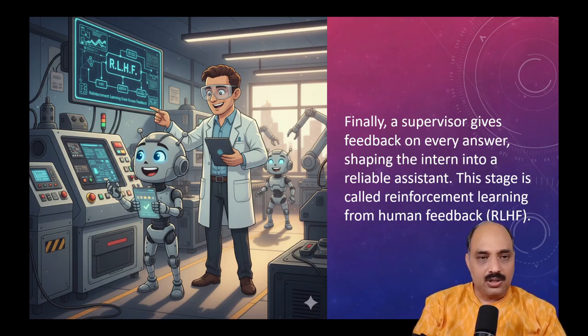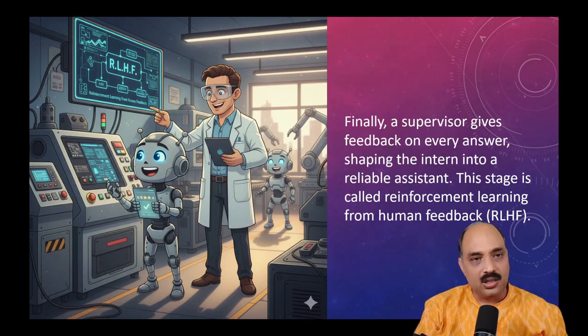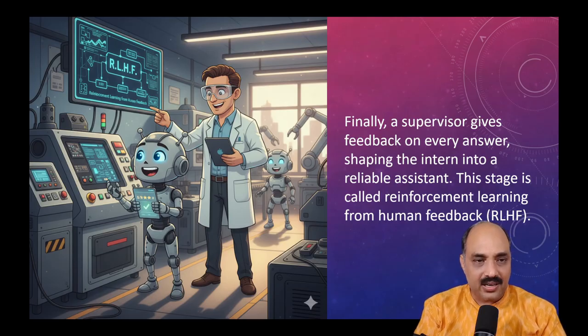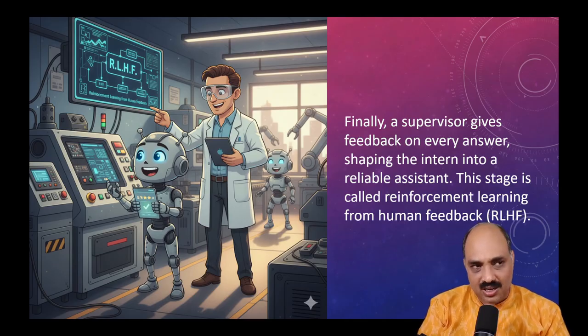So every time Chitti is given a small task, the output is measured by the supervisor, basically the human. And the human rates his ability to do the task. Now, Chitti went through three phases. One, it learned everything. And second, using a mentor, it saw certain tasks and certain answers. Now it has figured out a way to do the same things if something new comes up. And third, using a human-based